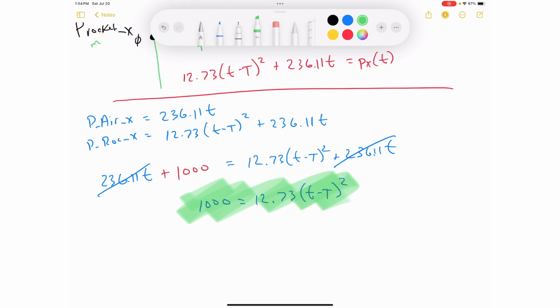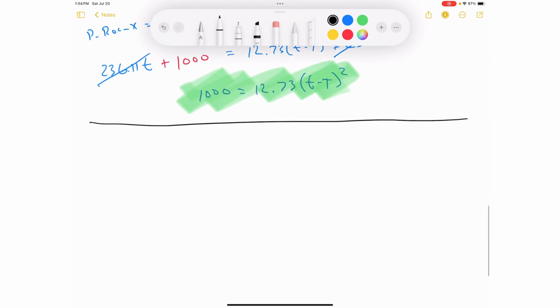Now we already have the airplane's y, because the airplane's not moving in y, right? The airplane's only moving in x. So the airplane one is done. So now let's do the rocket's y. Okay, this one, out of all of them, is the most tricky. Okay, so let's put a line here. And now we're going to do